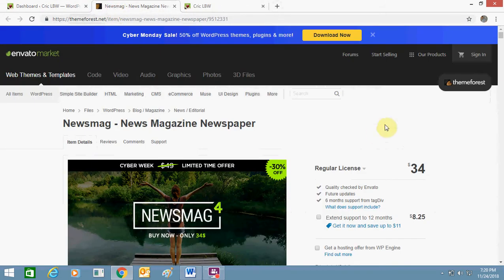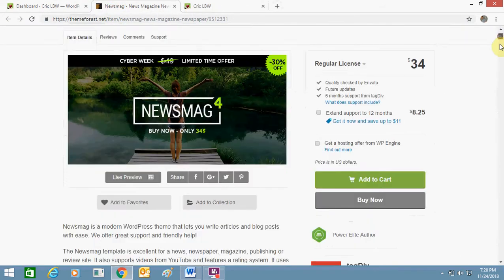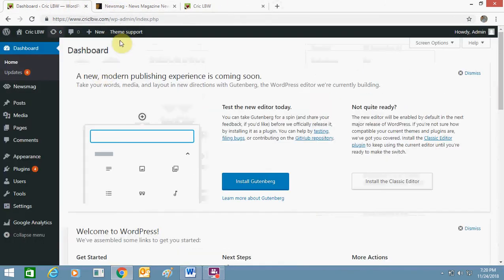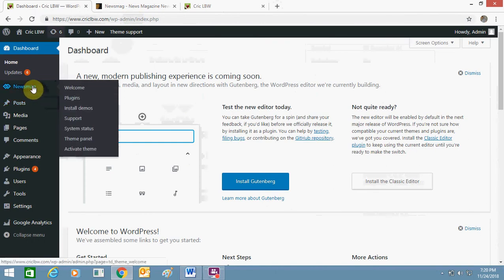So you just need to install this theme, and once you are done with this, you will get this option, Newsmag. So here you will see these options. I will show you how to use them.